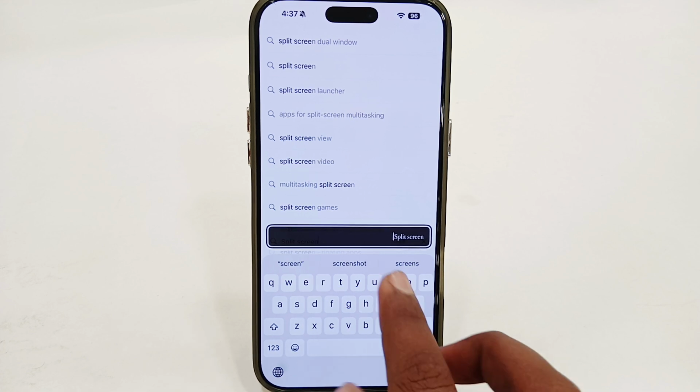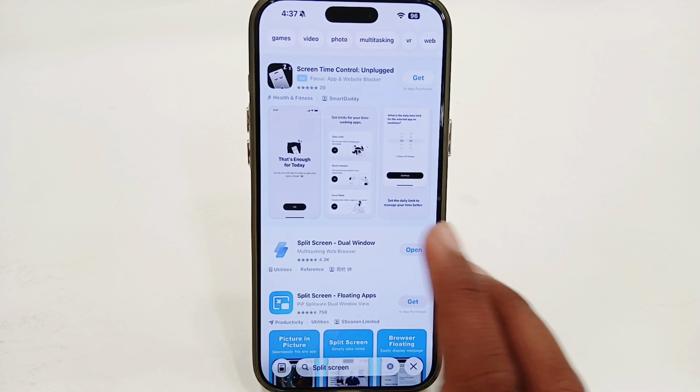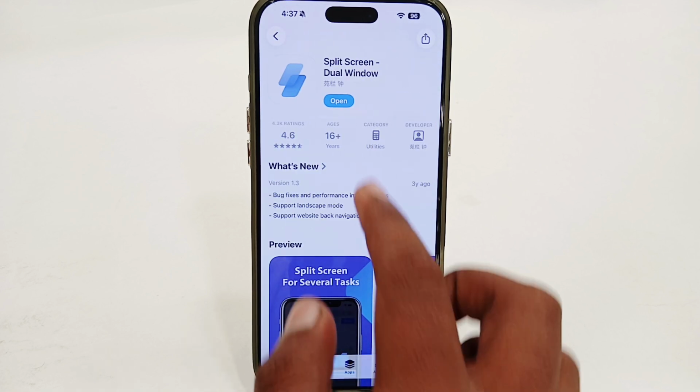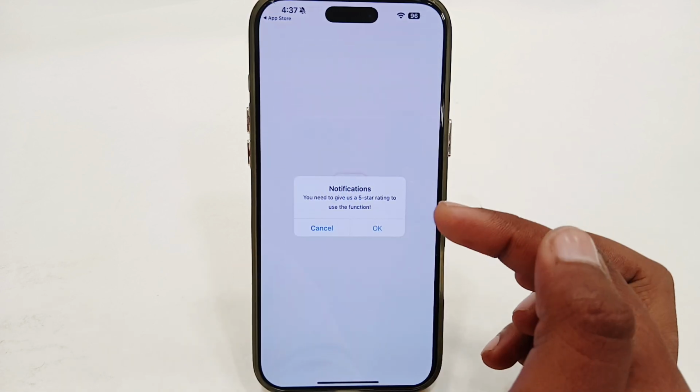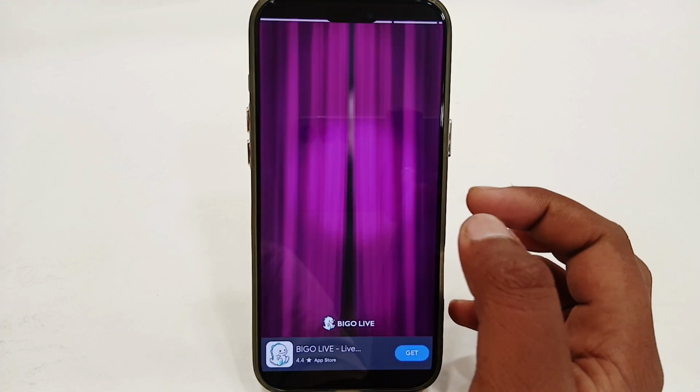And here, as I have searched for split screen, you might get a lot of apps. I have already installed this one, so I'm going to use this one here. Just tap on the open option and the app will open. Now here